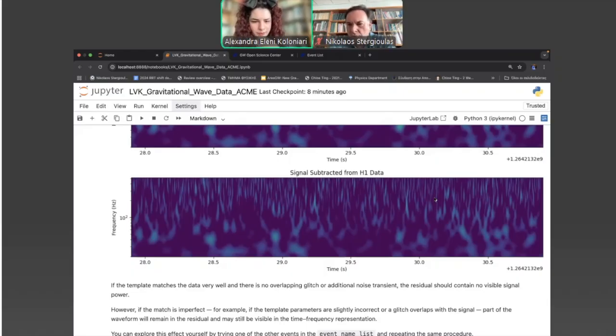But in the near future, in 2 years from now, or maybe a bit more, there will be the next observing run, which will have higher sensitivity, and then another will follow. So every time we will have better and better sensitivity, more and more astrophysical signals. So this will become relevant.